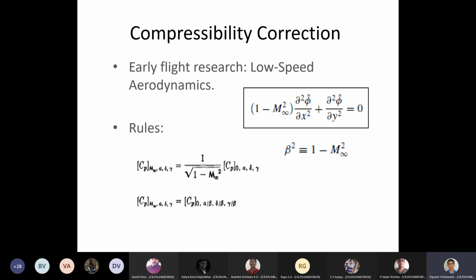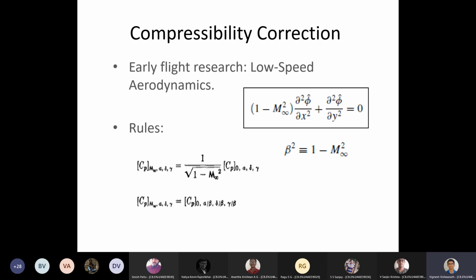Now the equation that you see here, 1 minus M square into dou square phi, that equation actually comes from the velocity potential. I've not given the derivation here, but it actually comes from the energy equation, in which they relate the local flow velocity with the sound velocity and get a term which is the Mach number. And this 1 minus M square, after simplification, they are assuming it as a factor called beta.